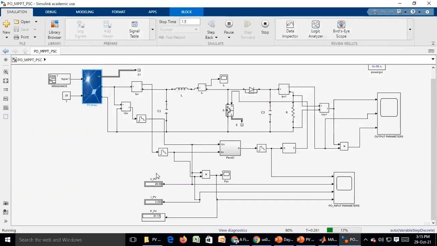When you want to compare any two methods, all the system parameters have to be the same except the controlling element which you are varying. Like here, I'm concentrating on the MPPT technique. So one time P&O I have used, one time incremental conductance I have used. In this method, the input parameters are changed. That means I have changed dynamic changes in the irradiance level. Even temperature can also change, but I have changed the irradiance.